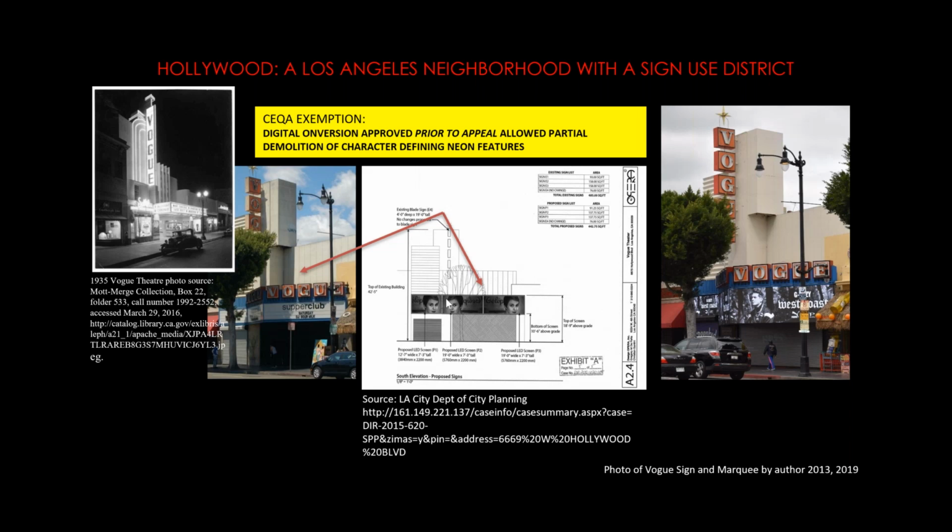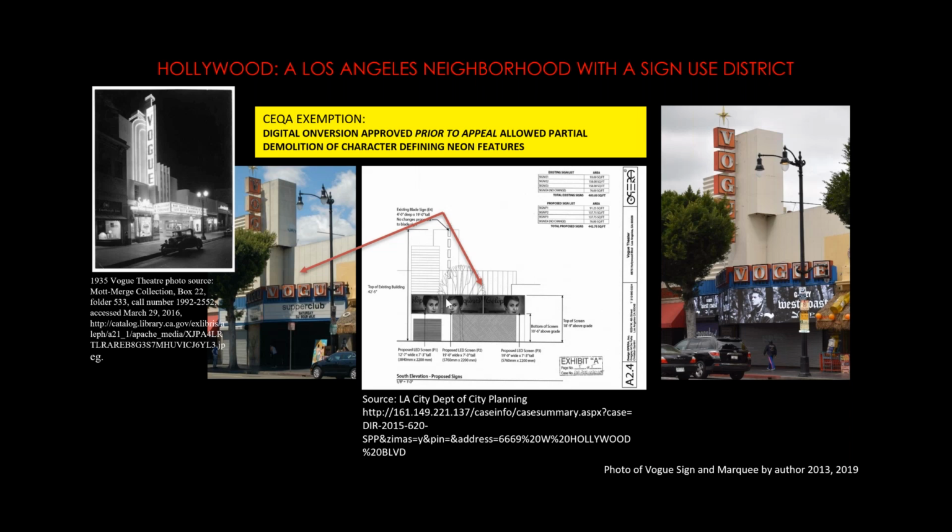Therefore, it falls outside the period of significance for the district, and this resource, because it wasn't 50 years old at the time, wasn't identified until very late as a possible resource, and right now we're updating that. But in the permit world, in the city planning world, city planners approved a full conversion where you see the neon elements, the Vogue Scrabble letter signs, box signs there, into all digital,